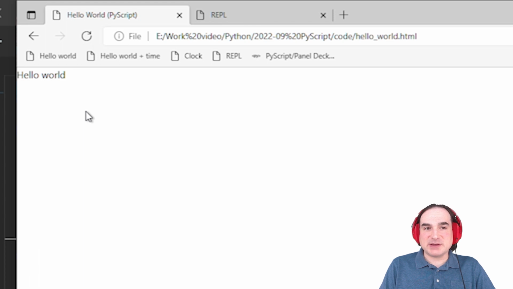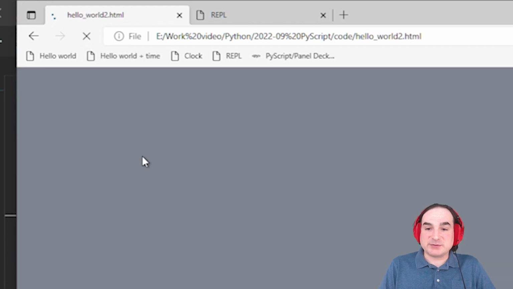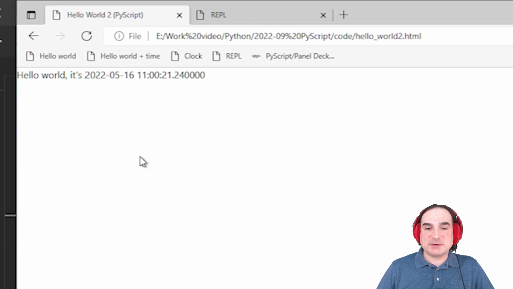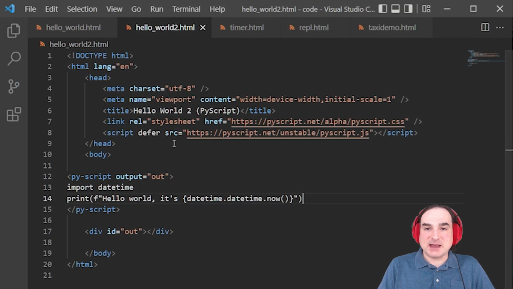And all of this we have done by using nothing more than the standard Python metaphors, print, and the standard Python script syntax. Now, what else can we do? Well, we can also import from the standard library, and we could use everything in there. Here is a modified version of the same script that uses the datetime module to render the current date and time on output. And that process is no different from what we would do in a regular Python program. We just import datetime and then use the functions from the imported module in our print statement.